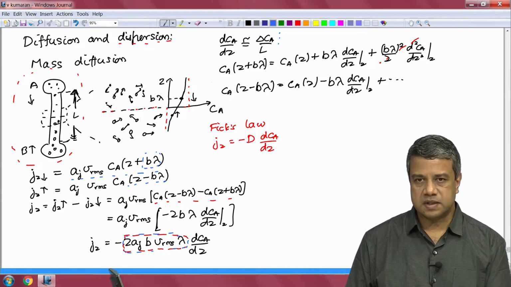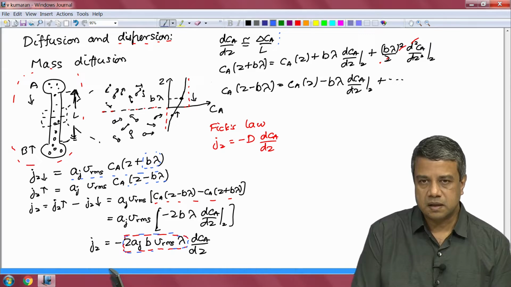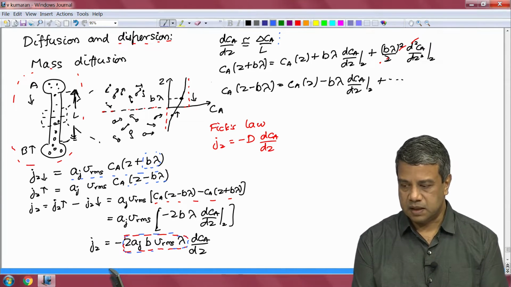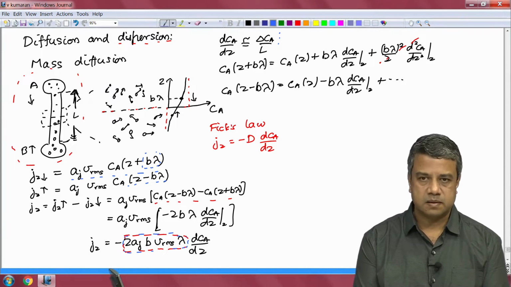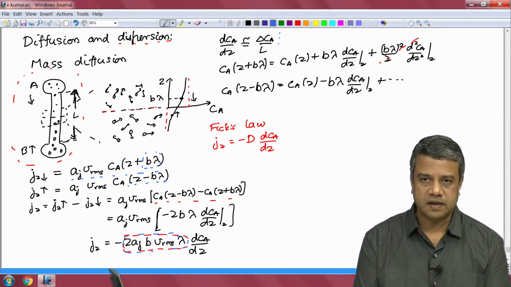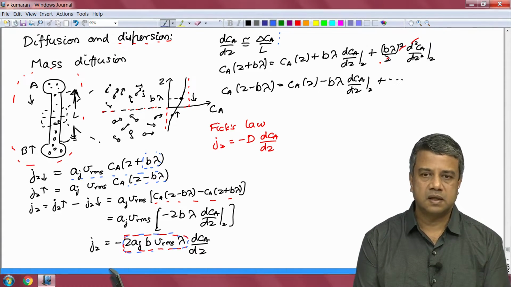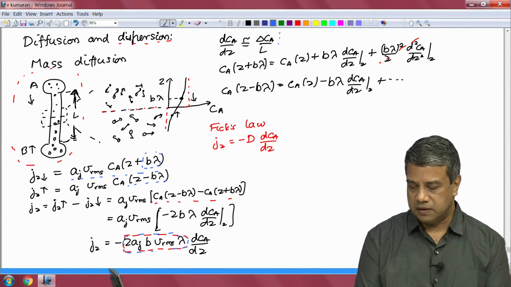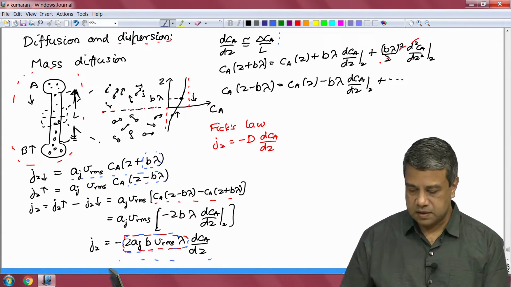And therefore, the concentration at a location one mean free path above or below, you can expand in a series using a Taylor series expansion. It is equal to the concentration at that location plus or minus lambda times the concentration derivative at that location plus higher order terms. And I told you that the higher order terms can be neglected because they have higher orders of lambda by L. And if you just retain the first term alone, you get an expression for the flux which is